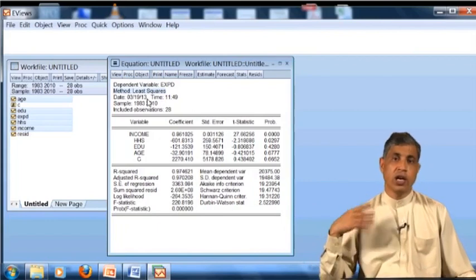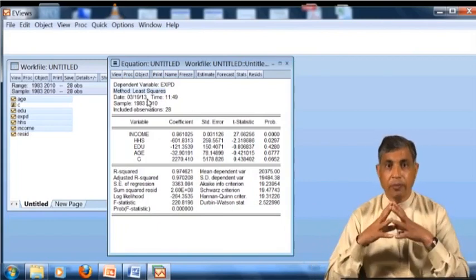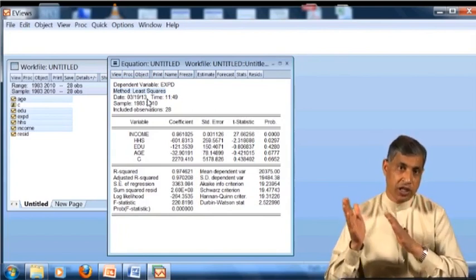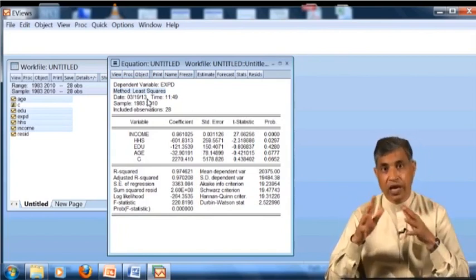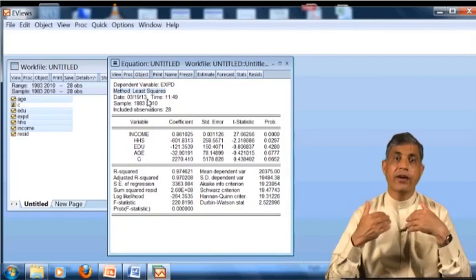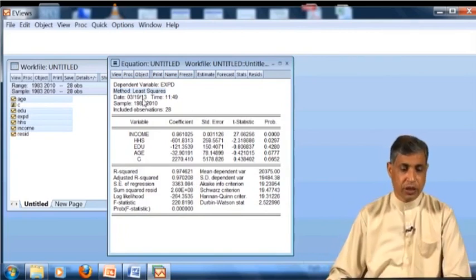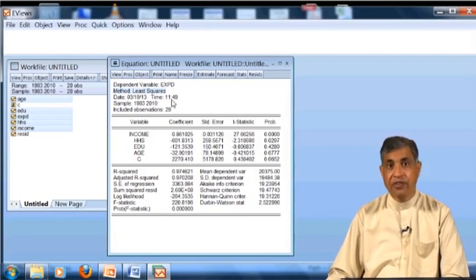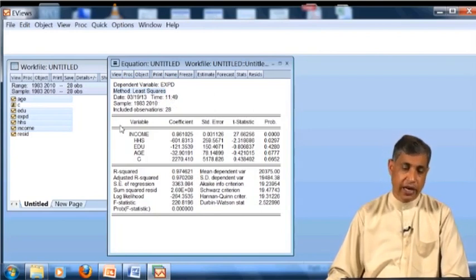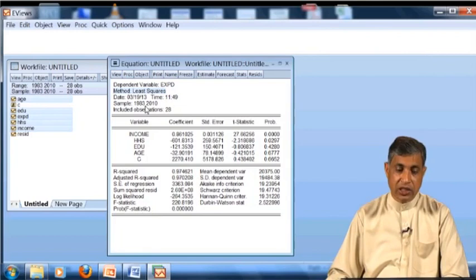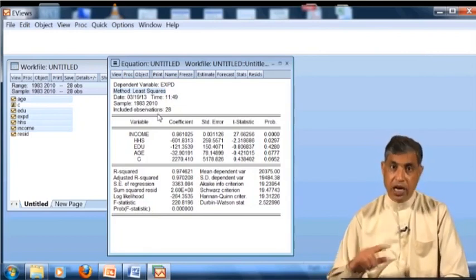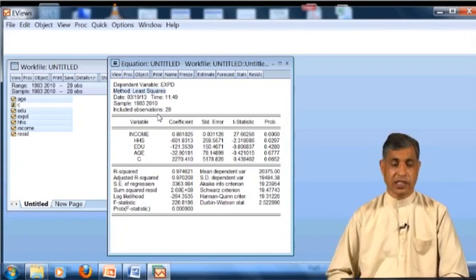When you copy from the Excel, Excel was not showing the date. We copied it on the Word, and we will have to write the date for our own remembrance. So date is here, and even it is showing the time is 11:49, and sample is 1983 to here, and included observation as 28 because we did not change the sample.